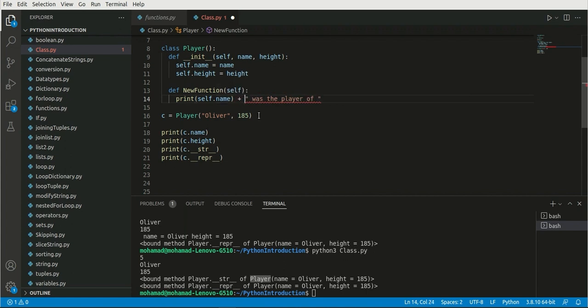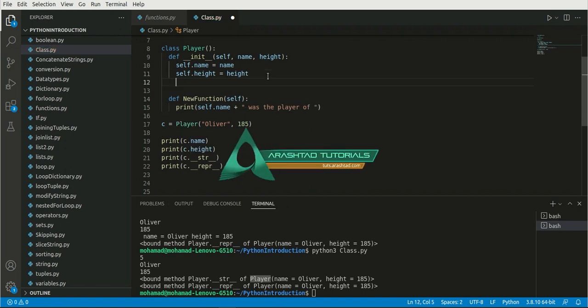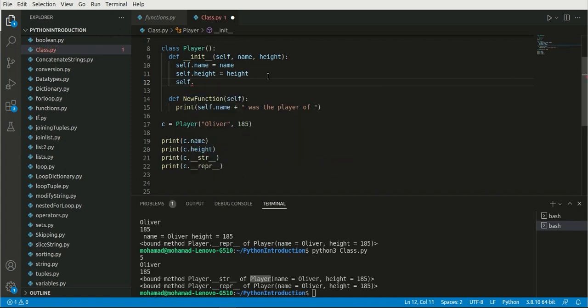of. Also let's add plus here, and another thing is to put it inside of parentheses, was the player of. And here we can also define another variable, team, the team of the player equals team. Also don't forget to add it in here, team. And then you can say was the player of, and here we have plus self dot team, and then plus